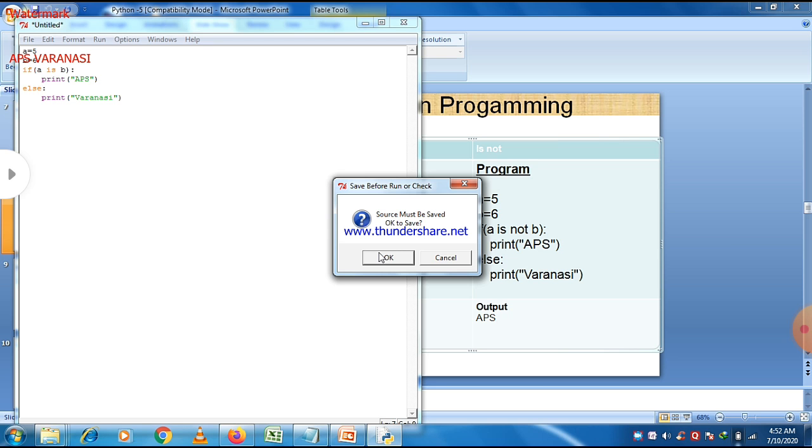In that case Varanasi will be printed, because in the else clause we give a statement, print Varanasi. So whenever we find the condition false, the statement belonging to else will be executed. Now I think it is quite clear to all of you how to use the if else statement. So let's check